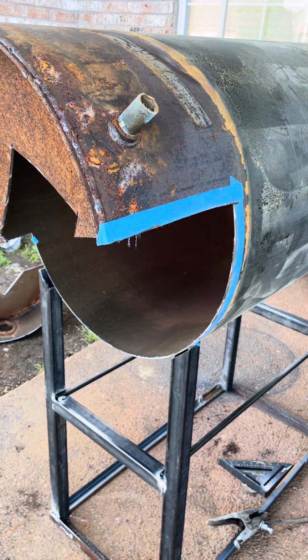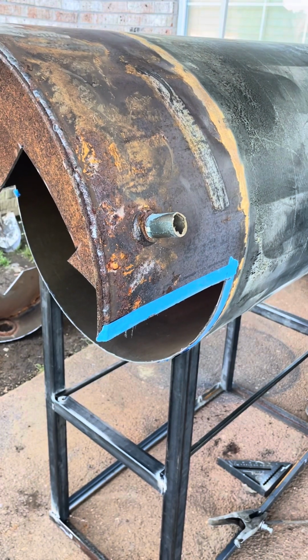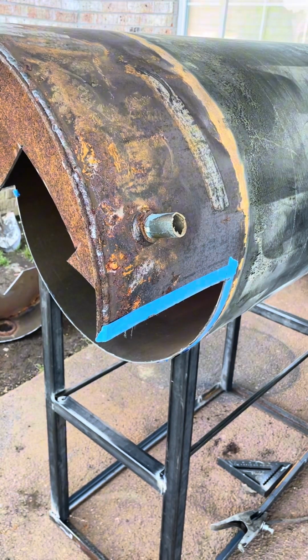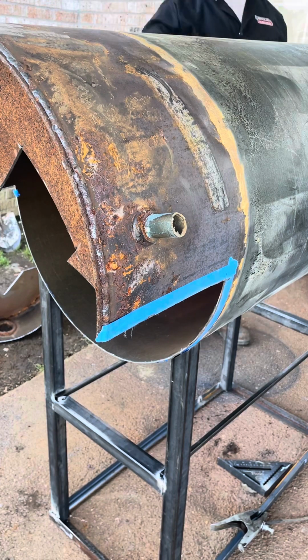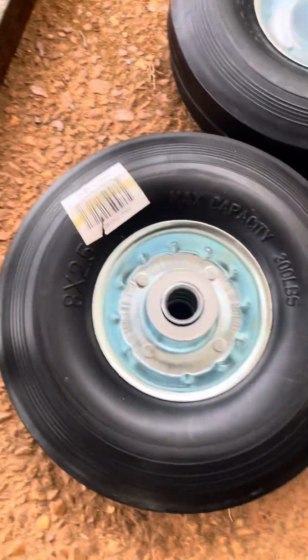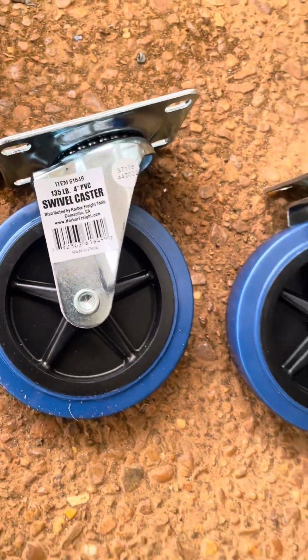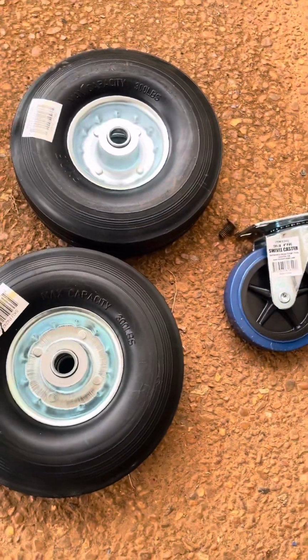It's kind of high. We sitting up high, but that's how I wanted it. Just checking to make sure that I had enough space in between, that I ain't cut off too much for the smoker, because I have done that in the past. So I had to shorten the smoker up. My wheels right here, they're all rubber. They have 300 pounds capacity. And my swivels,